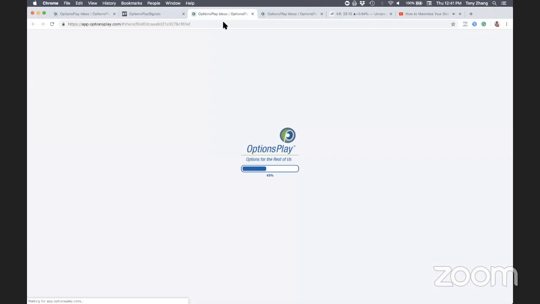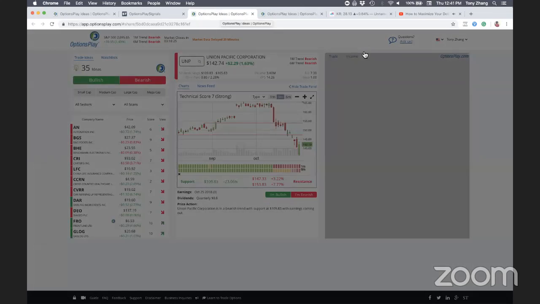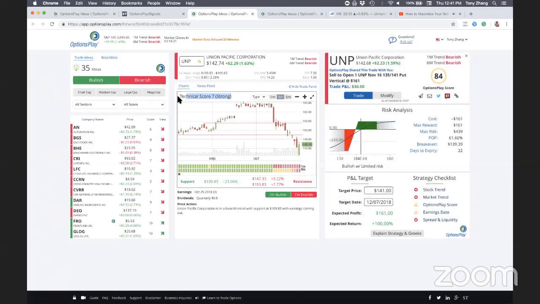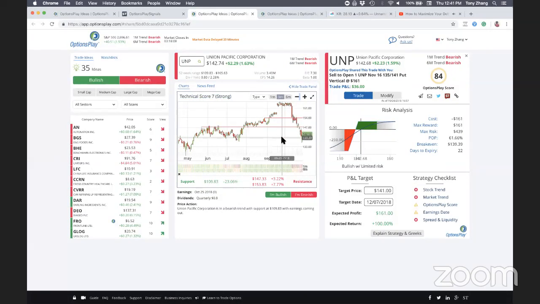This is a trade that generated a signal yesterday. As you can see, this is a relatively strong stock that is kind of oversold recently. The stock really took a beating over the last few weeks as we had that huge sell-off in the markets. But as you can see, it really started to rebound a little bit yesterday. So this was the bottom that we kind of saw.